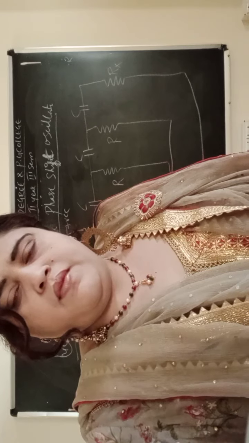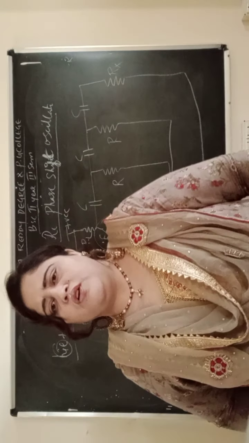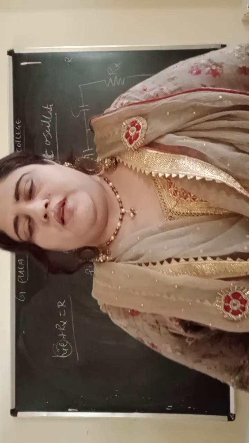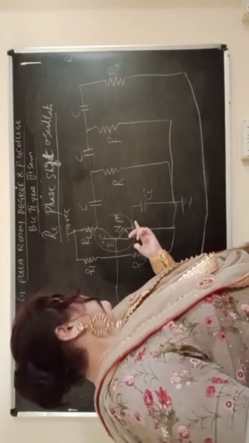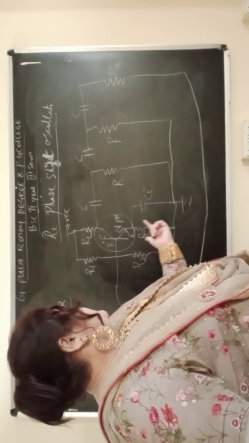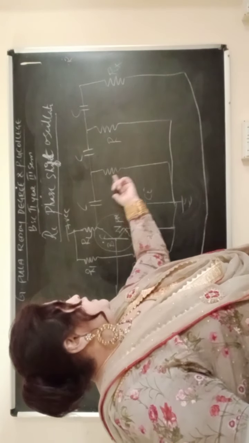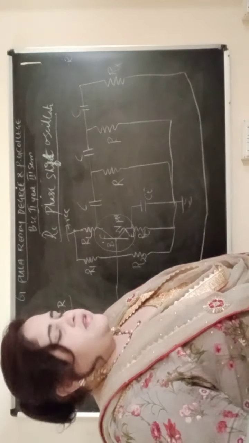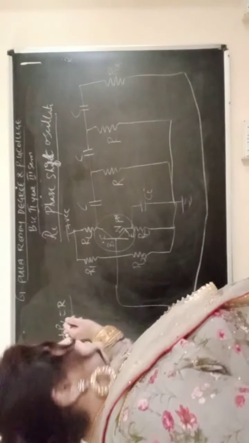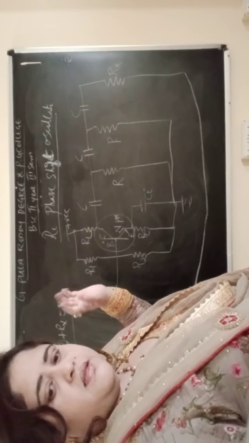Now we will start the circuit operation of the RC phase shift oscillator. In the circuit diagram, once again you will see the NPN transistor, R1, R2, RL, RE, CE, CR, CR, CR. Our last one is Rx, which is added with the internal resistance hie to give the total resistance R.